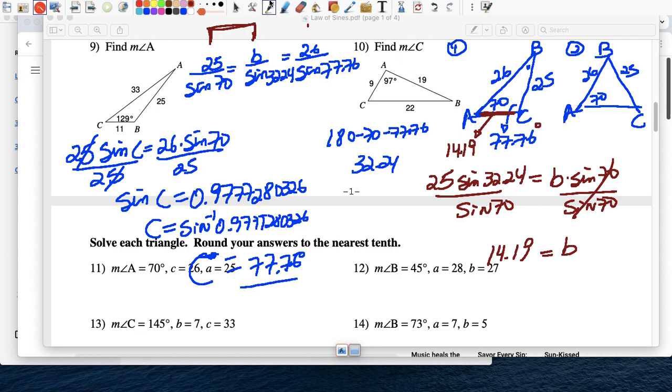Okay. Now the good thing is that if I know this angle right here,